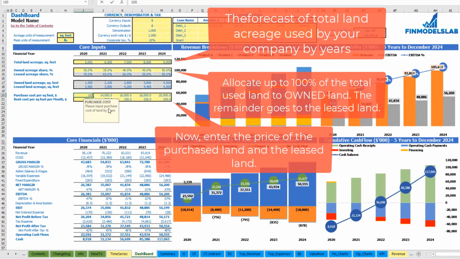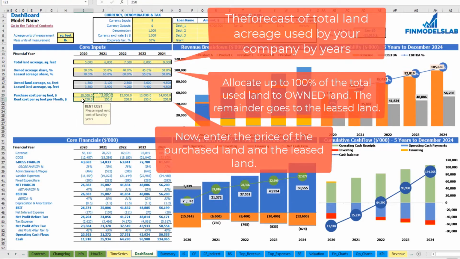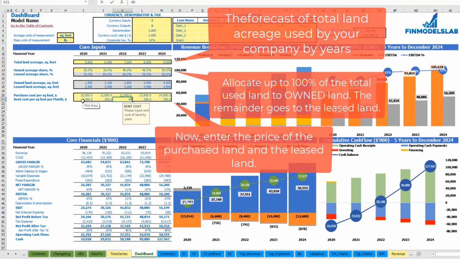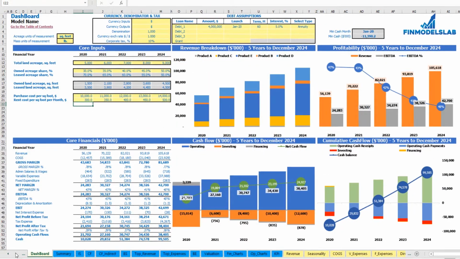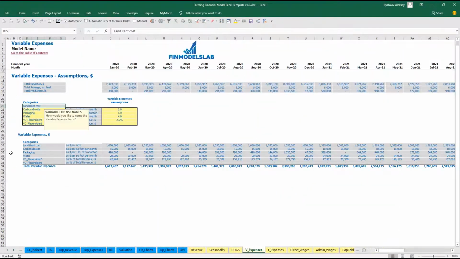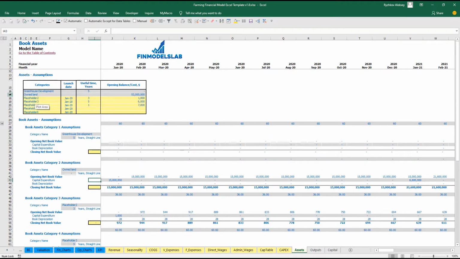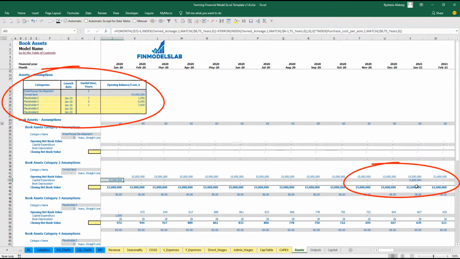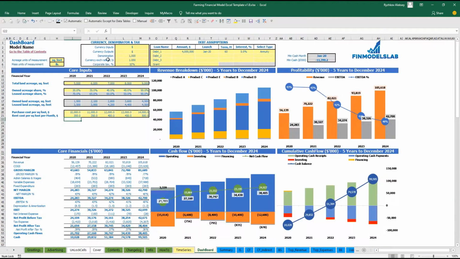So for example, 10,000 and additional $1,000 will be the purchase cost per square foot, and the rent cost can be 300, 350, 400, 450 and 500. The calculation of rent you may see on the variable expenses, land rent cost. On the assets tab you may see the total owned land amount and the capital expenditure by months in section number 2. And once you set up everything, all the expenses, wages and revenue assumptions, you may review your core